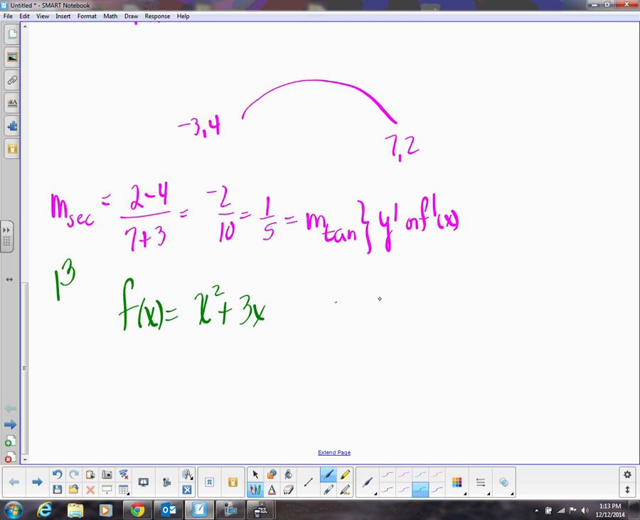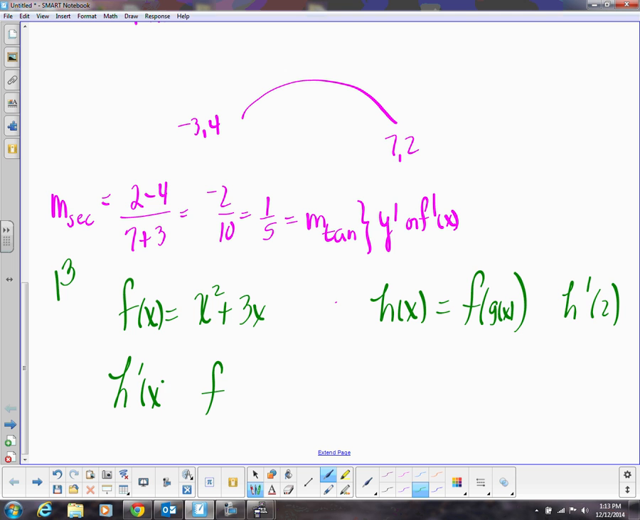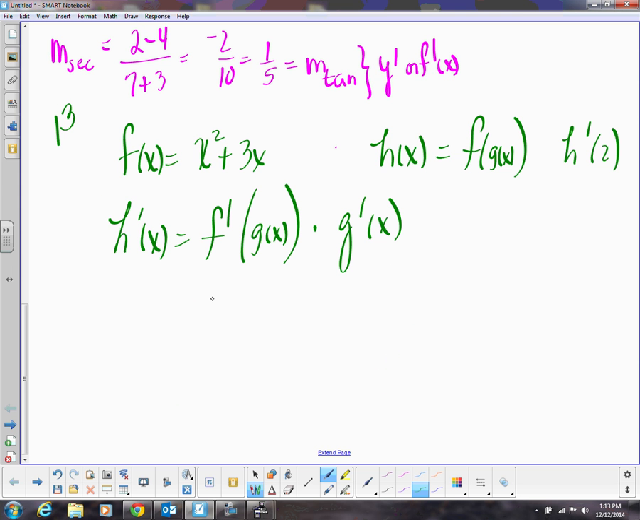G of x and its derivative are given in the table. If h of x is equal to f of g of x, they want the derivative of h at 2. This is chain rule. So the derivative of h is going to be the derivative of the outside times the derivative of the inside. Since they want the derivative at 2, we put 2 into x,